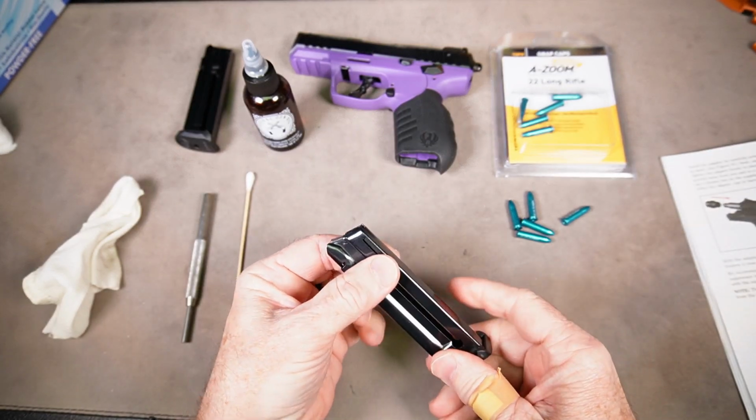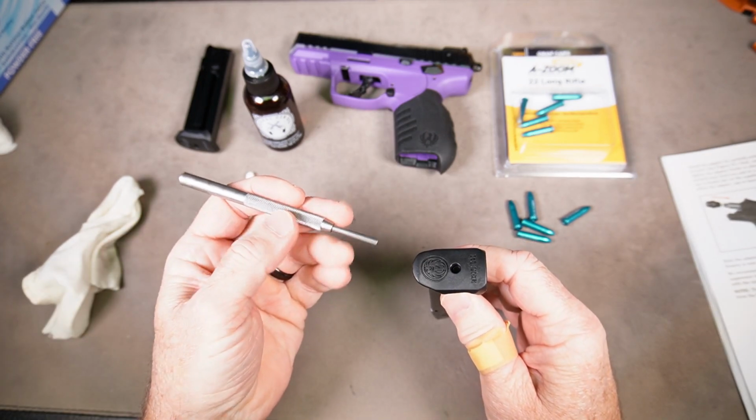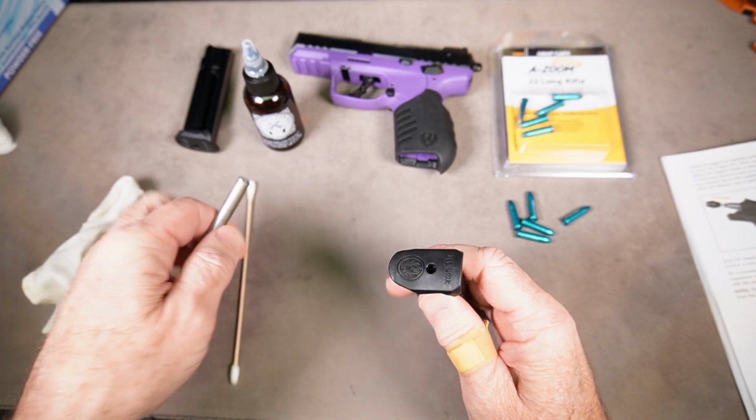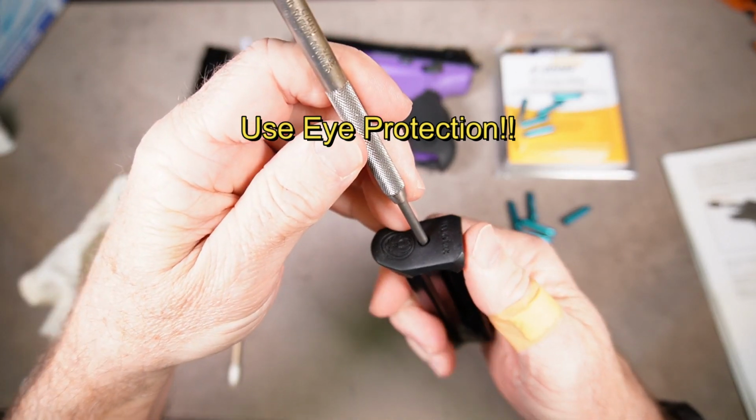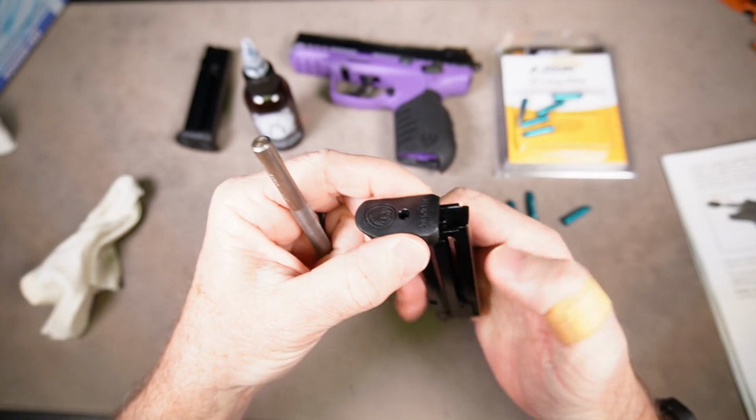or it just doesn't seem to be working well, all you need to do is take the magazine, get a pin punch or something like this. Even a cotton swab would probably work. Press down in the bottom here, there's a pin. Just press it down a little bit and you'll be able to push the base plate or floor plate right